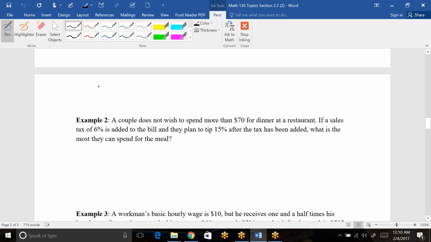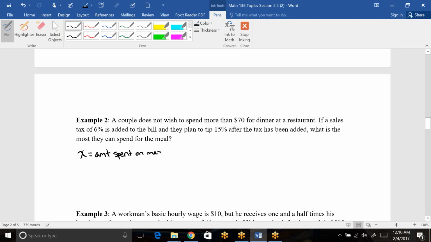So we have to think through this in stages because there's the meal that we don't know what they've bought, then there's the after-tax price of that meal, and then there's going to be the tip on top of that. So let's start with letting X equal the amount spent